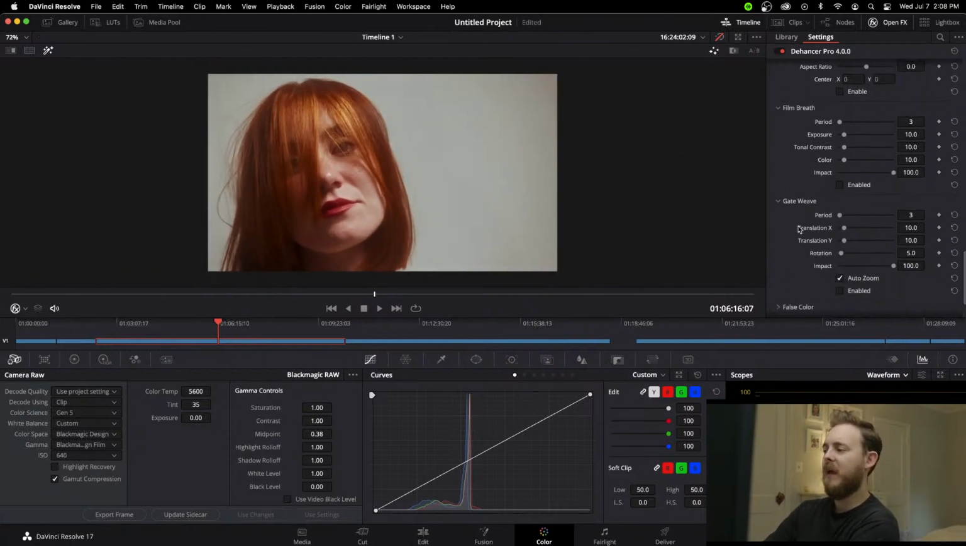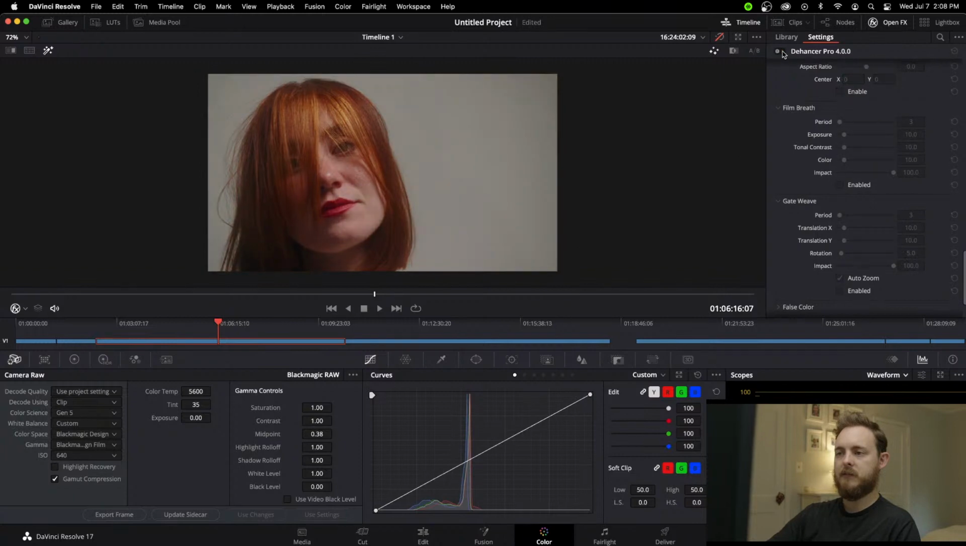Film breathe, gate weave. Again, these are unique decisions. If you want some of that natural film movement, with the film reel and the film moving through it, you're going to get some natural out of focus, in focus, and you can dial that in exactly how you want. And so, yeah, there's our just